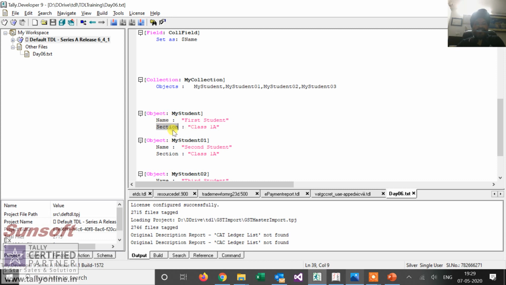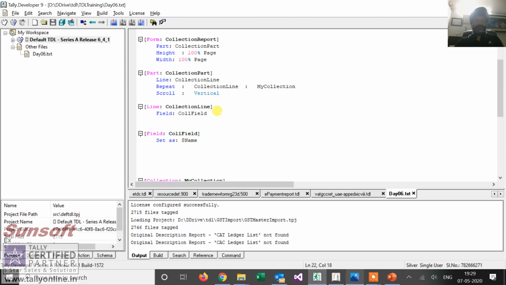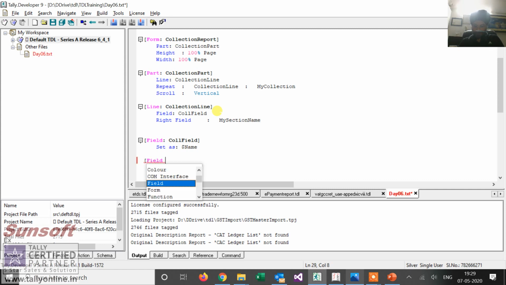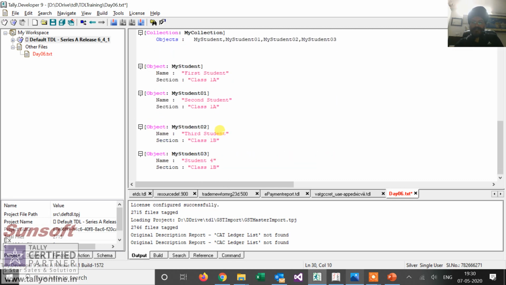Now let us try and access section. So I have one more field, so I keep it as right field so that it comes at the extreme right, and I say my section name. So I define a new field, and my name of the method is section.